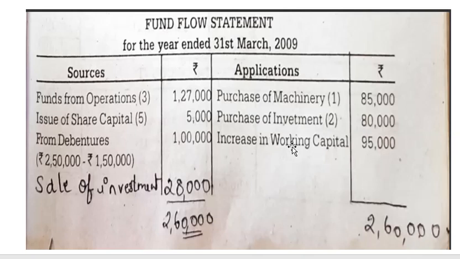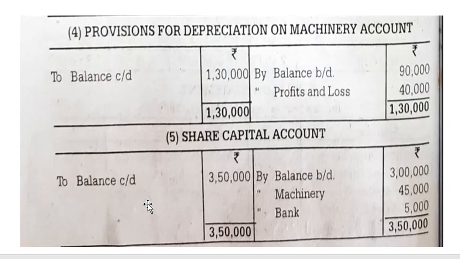After entering all the items, as well as funds from operation or increase and decrease in working capital, you have to total both sides. Now if your problem is correct, if you have done it properly, with no mistakes at all, your total should be the same on both sides. Okay, so 2,60,000 and 2,60,000. If both sides come equal, it means that your problem is correct. If there is a difference, then you have to find out where you have made the mistakes, and correct them there, then only the total will come correct. Okay, so this is how you have to do the fund flow statement.